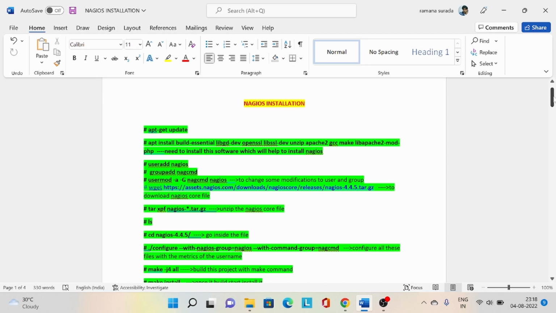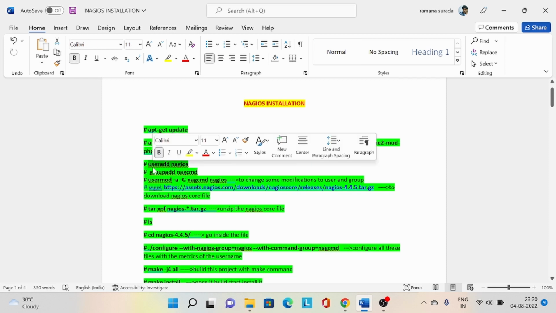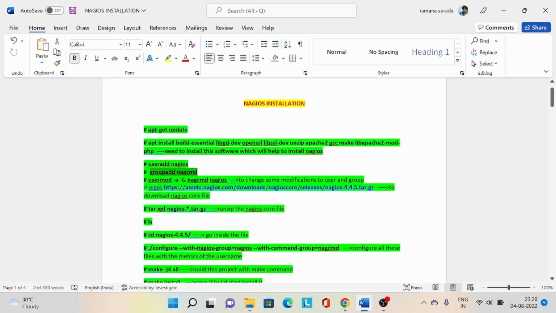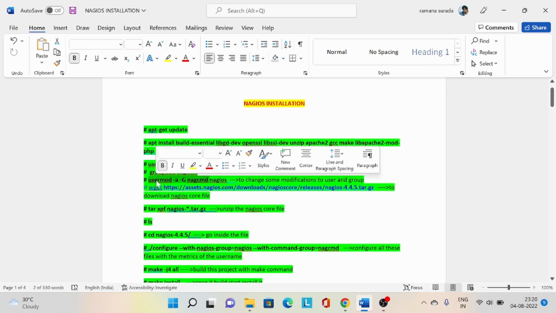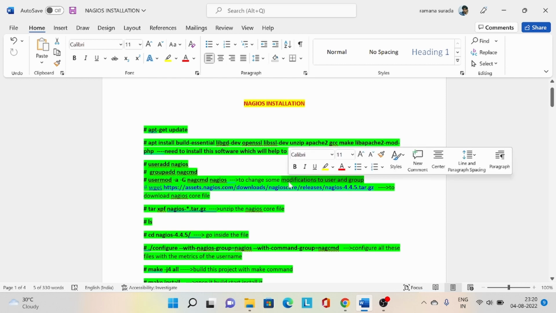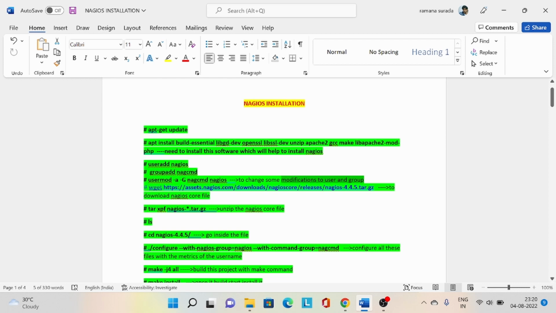First of all, let me give some overview of these commands. First we need to update our server, so we run the command apt-get update. The next command installs a software, and this software will help to install Nagios. In the next commands we will create a user for Nagios, create a group, and change this user and group. We make some modifications for this user and group with this command, and next we will download the Nagios core